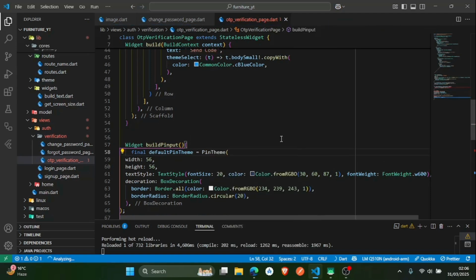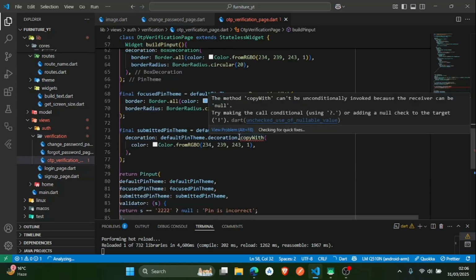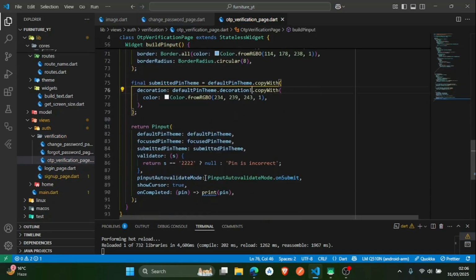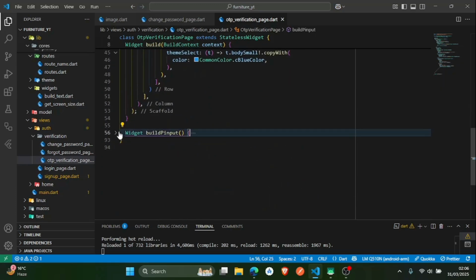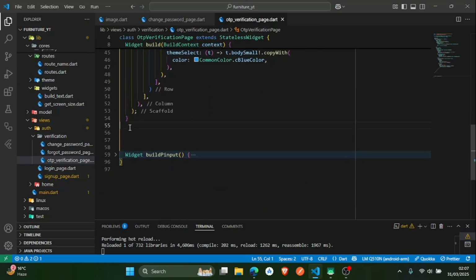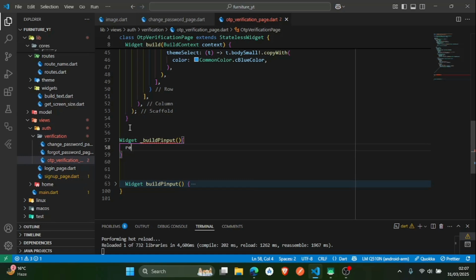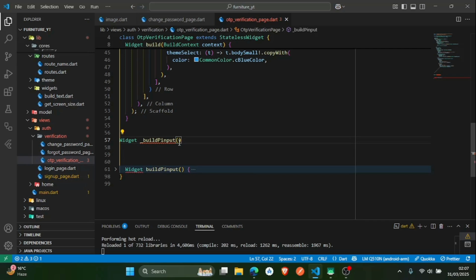So this package has been imported. Now copy with decoration not null. So instead of writing this much code, I will show you a simple short code. Okay, widget build input. So I think not this, like this. So in here